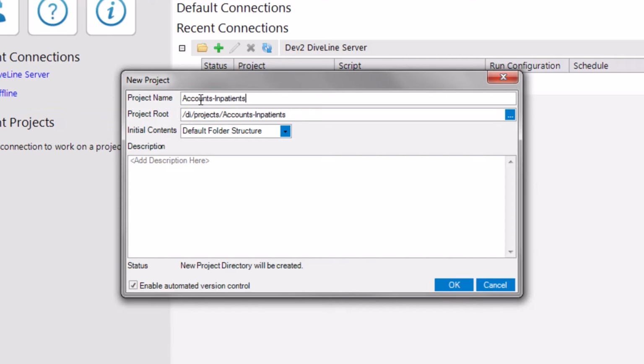Workbench automatically appends the name of our new project, Accounts Inpatients, to the project root as we type, suggesting we create a directory with the same name as our project under /di/projects. We could edit this path name if we wanted, but we'll accept the Workbench suggestion and move on to